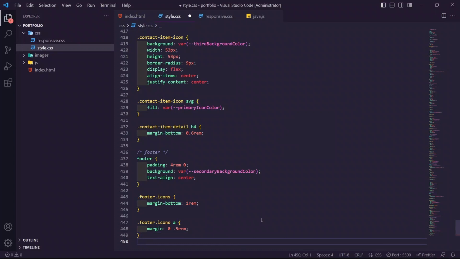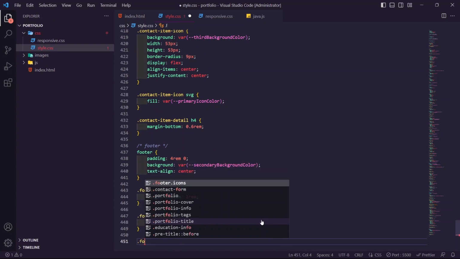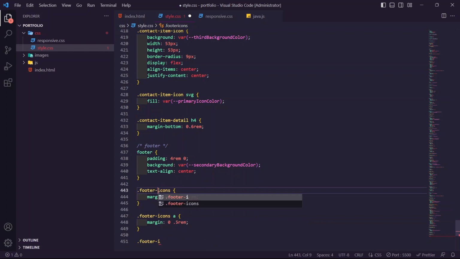Okay, and then for the footer color, footer icons, wait a second, this is supposed to be dash, not dot. Footer icons